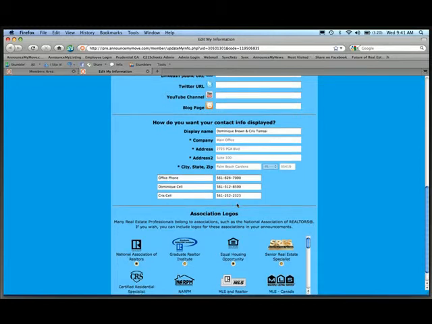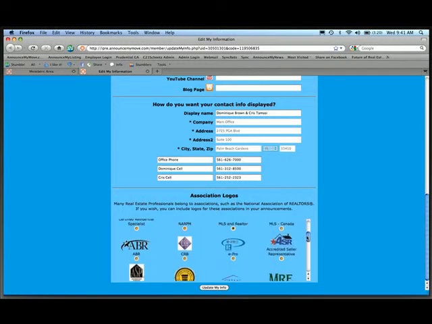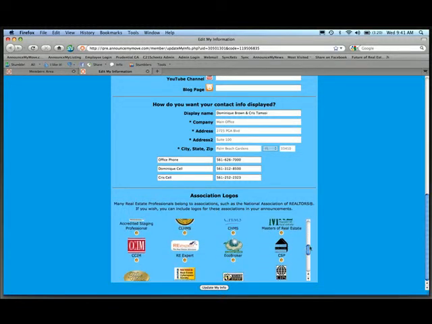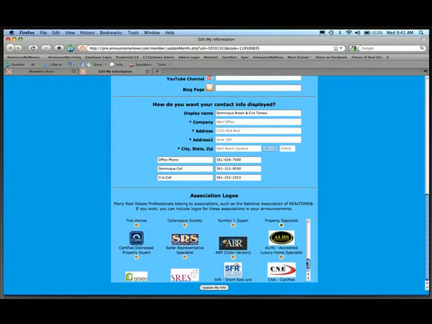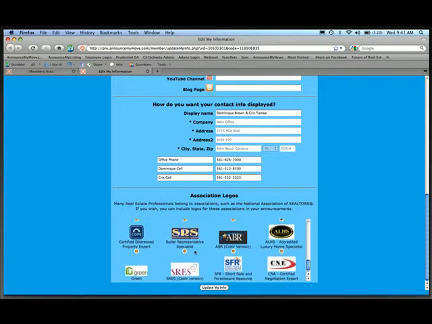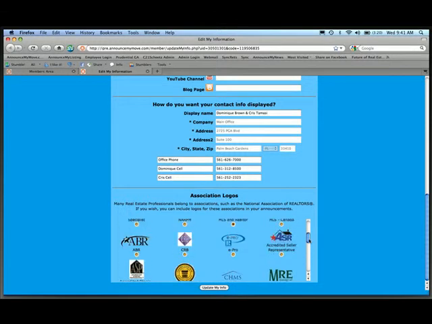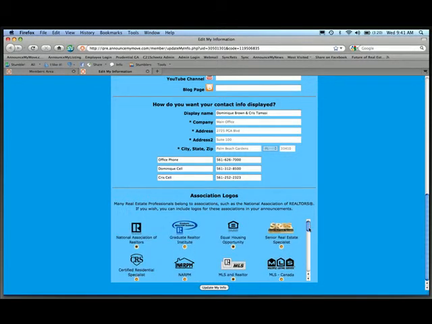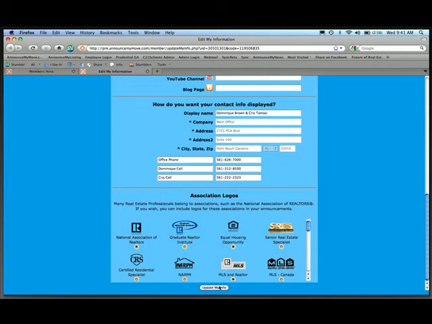Okay, you scroll down a little bit further, and we've got a variety of different association logos, all the most commonly used ones through the various designations, like Certified Distressed Property Expert, for example, or the Green Designation, or ABR, or CRS, or Short Sale Certification. So click on through the ones that are the most appropriate for you, and we'll display those in the banner as well. So once you get everything looking the way you want, go ahead and click on Update My Information